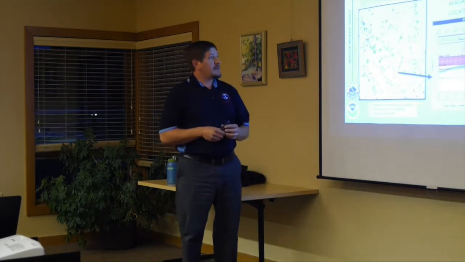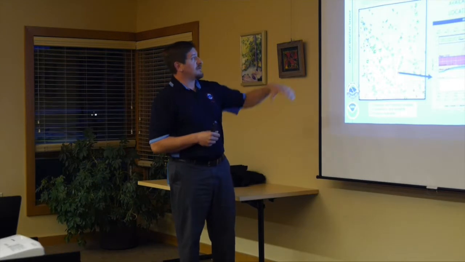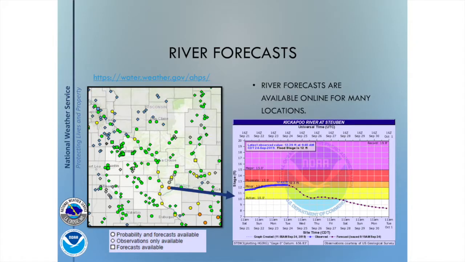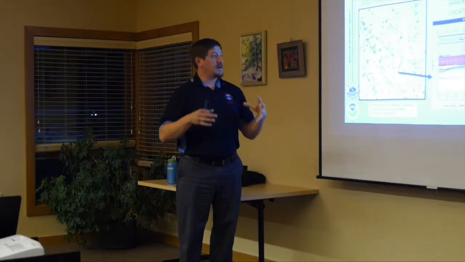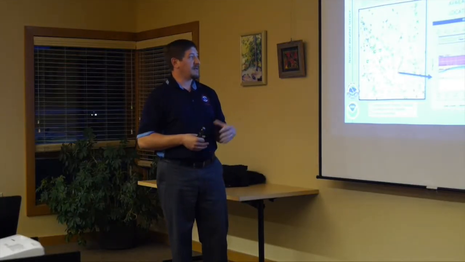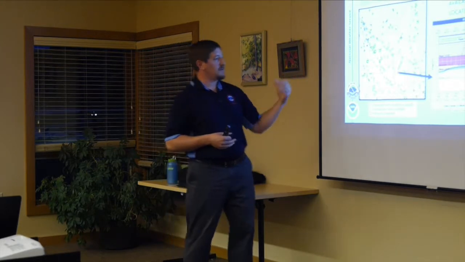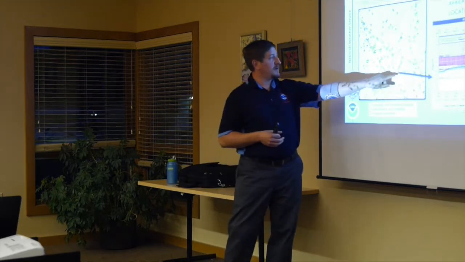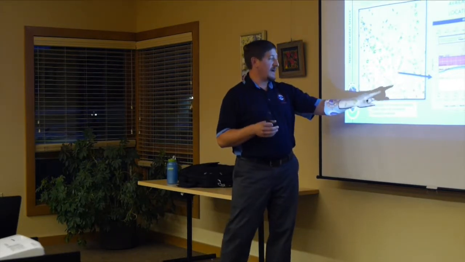So the river forecasts, what do they look like? Well, here's a zoomed in version of that previous map that I showed. This is from what we call AHPS. Basically, it's a way to combine river and hydrologic information and view it. So that's one of the best ways to look at a river forecast. In this example, I just pulled this off the web the other day. Steuben was in flood, so let me back up just a second here.